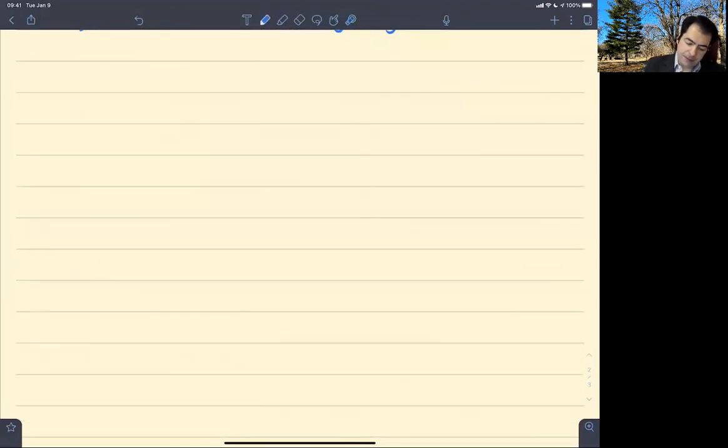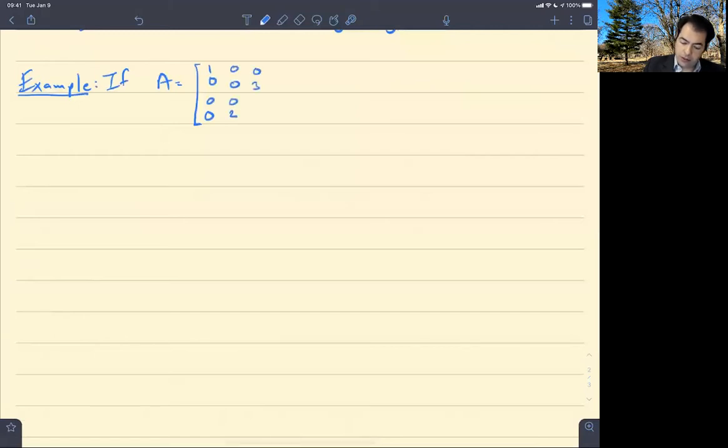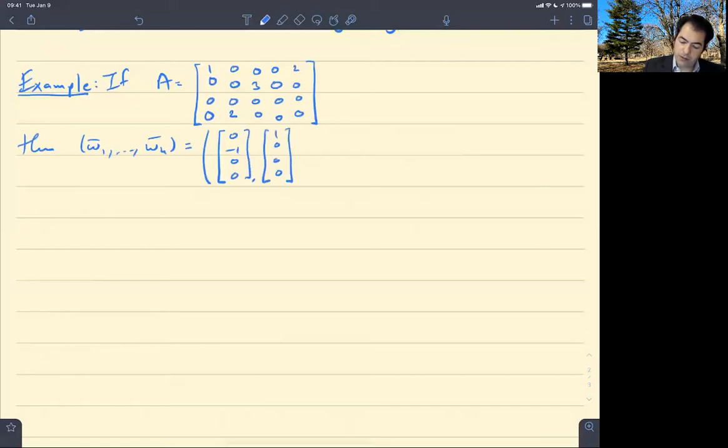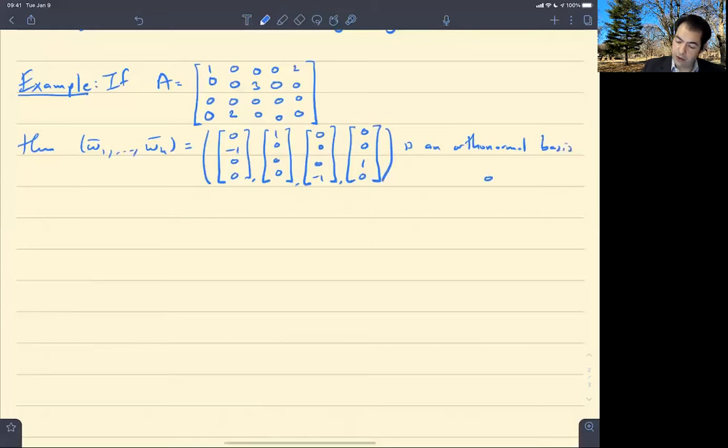Okay, so for example, if we have the matrix with columns 1, 0, 0, 0, 0, 0, 0, 2, 0, 3, 0, 0, 0, 0, 0, 0, and 2, 0, 0, 0, then W1 through W4 given by 0, minus 1, 0, 0, 1, 0, 0, 0, 0, 0, 0, minus 1, and 0, 0, 1, 0 is an orthonormal basis of R4,